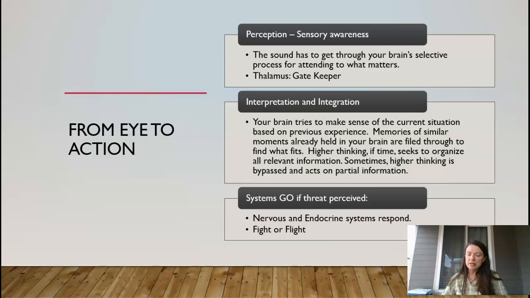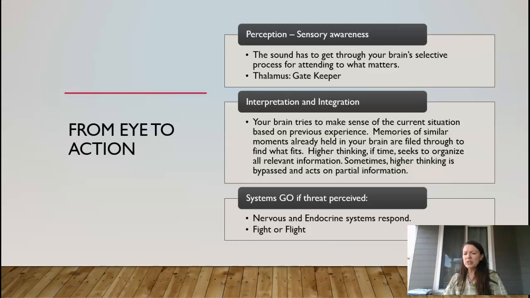Is this anything to be concerned about? Now, the thing about it is, we've talked a little bit about the amygdala and how it gets to ask the question, is this safe or not? There's kind of a back alley between the thalamus and the amygdala. The thalamus will typically also send information to the higher parts of the brain for better discernment and thought about what's going on. But there is a back alley, if you want to call it that, to the amygdala. And that's what we can call an amygdala hijack.